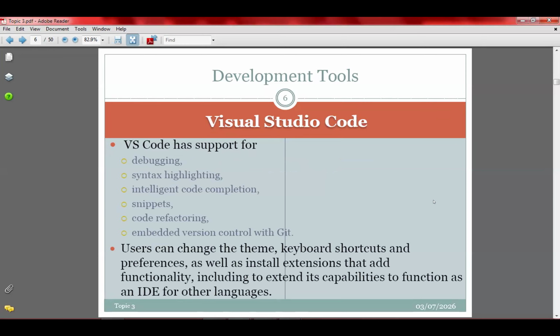So when we talk about debugging, we say that VS Code can enable you to correct errors as you code. That's the meaning of debugging. In programming, when we say a bug, B-U-G, it means an error. Debug means that you are correcting the errors. So if you are using Visual Studio Code, as you are typing, if there are errors, it will enable you to what? To debug, to correct the errors.